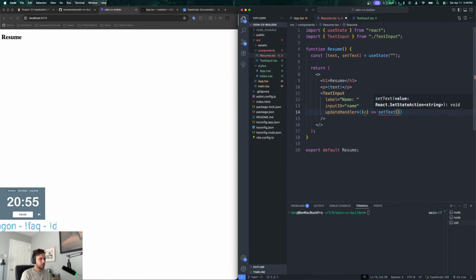Set text, I think I need to wrap this in brackets, right? And then I need to do the value, which is... there was a way of doing this with the function, right? Prev text, and then like this, right? Or something. Or maybe this wasn't like this. Maybe it was like